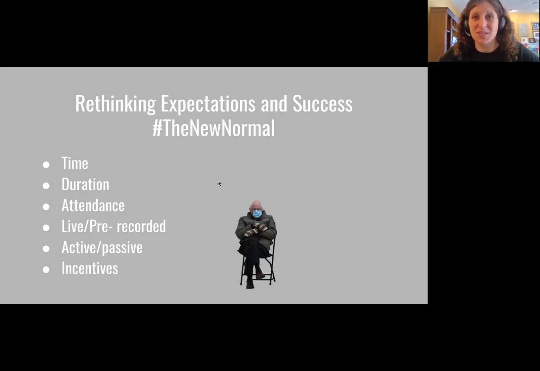Think about active versus passive programming. Our good old friend Bernie here is a great example of passive programming. It's something that went viral. It's something that people had fun with, but you didn't necessarily have to go somewhere at a certain time or date to see the program happen. Obviously, Bernie was a program on a national scale, maybe even international, but think about what you can do through social media to really increase engagement and connect with students on their own.